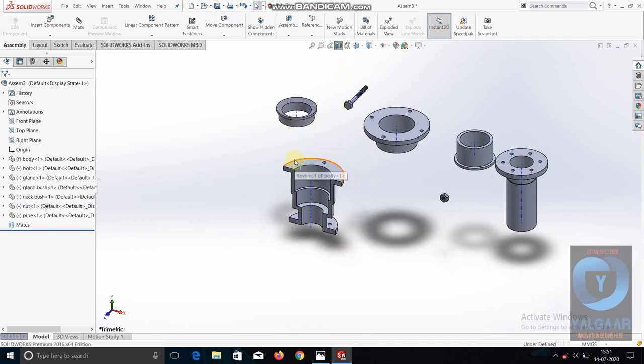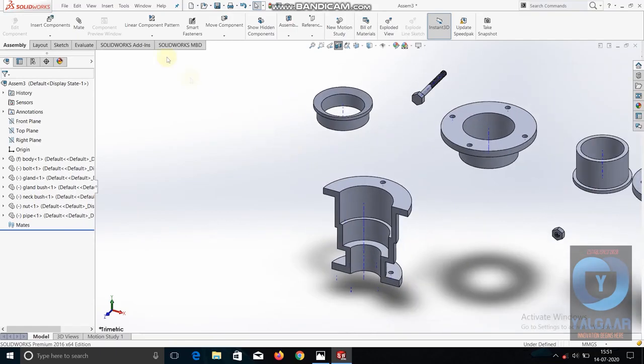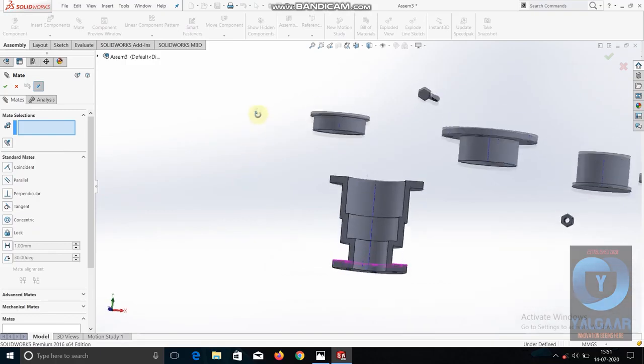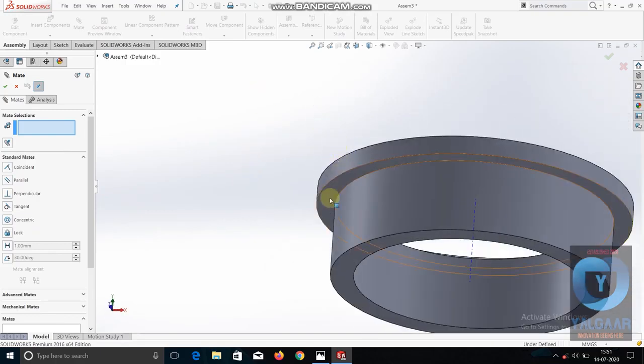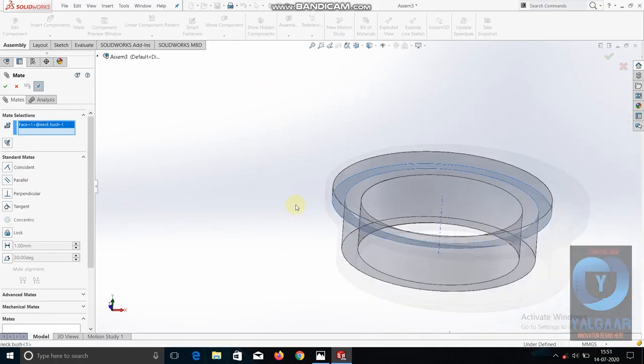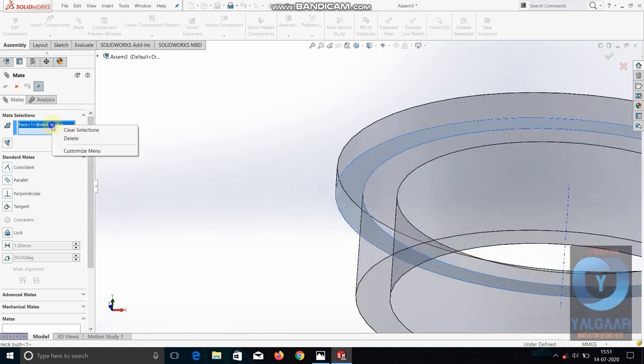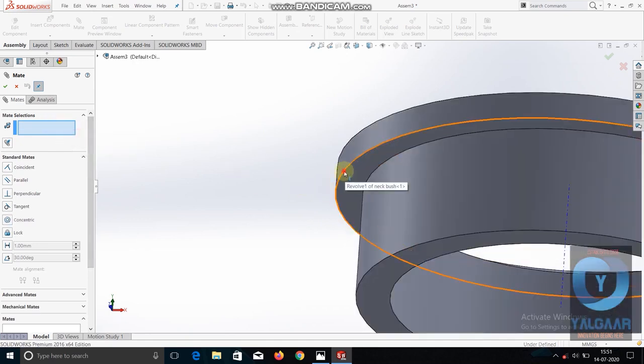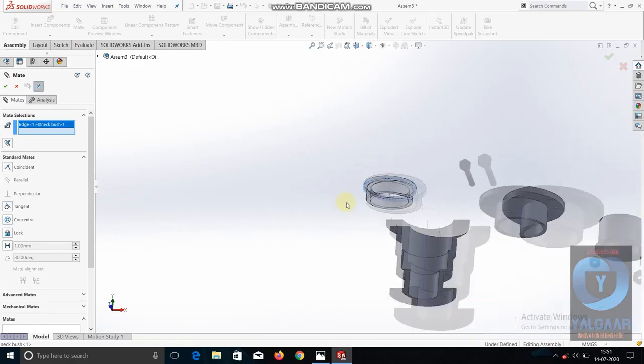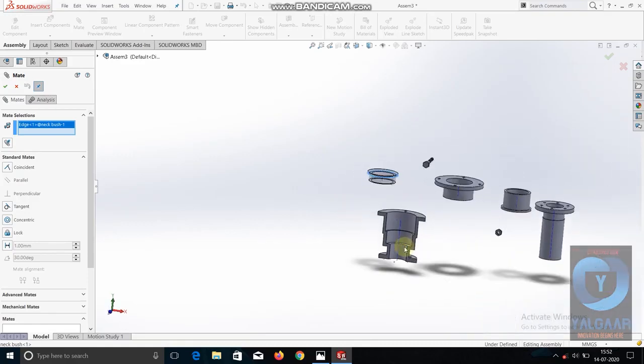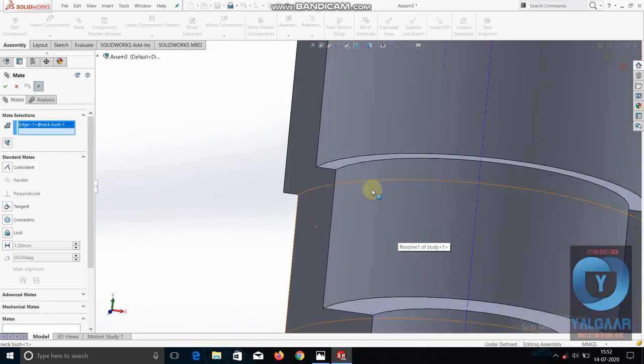Now we have the section view of this part. We will first click Mate, and click on this face, or rather click on this edge, and select this inside edge.